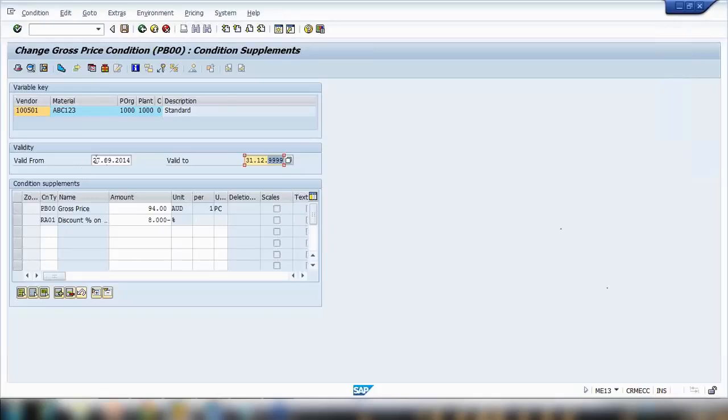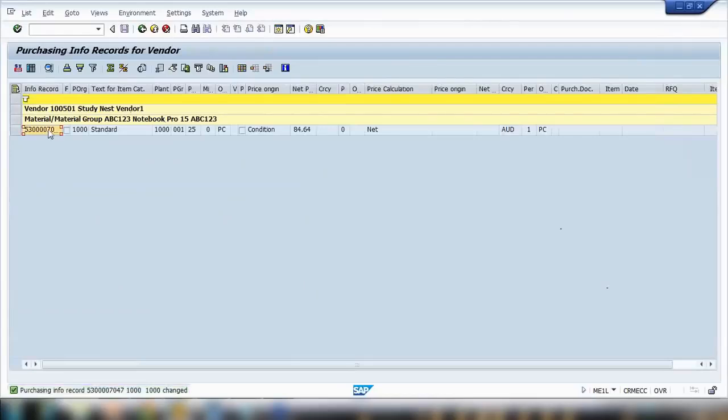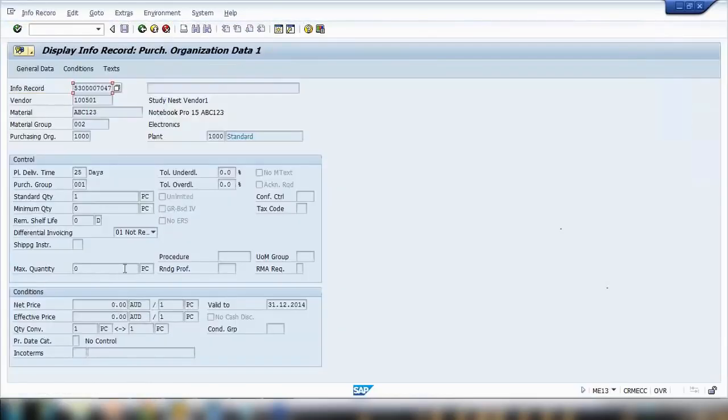Okay, or I can say that this new price is starting from next year, 01/01/2015, for example. So it will be starting for next year. Press enter. Press enter again. Okay, so that's the new price for next year. But still we have the old price. You can see you still have the old price,